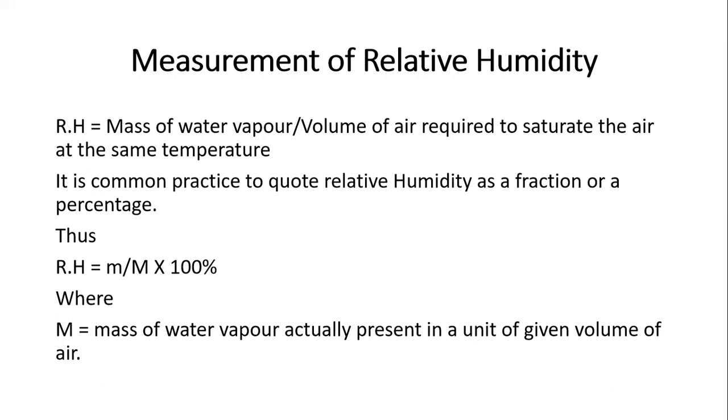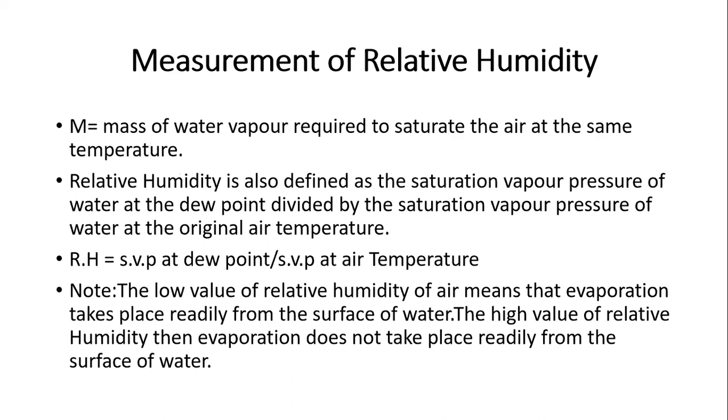Thus, relative humidity equals m over M times 100%, where m is the mass of water vapor actually present in a given volume of air, and capital M is the mass of water vapor required to saturate the air